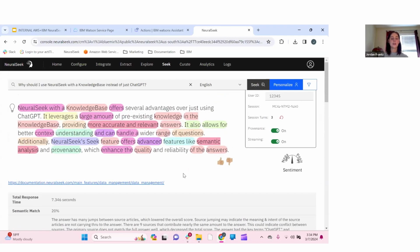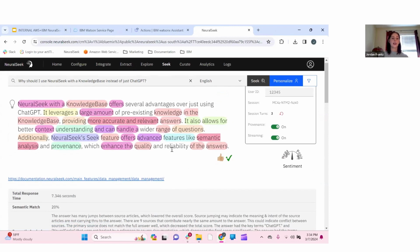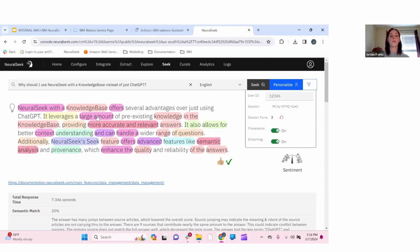So we are able to handle some nuanced questions. There are many features here that we can use to personalize. We can adjust with some feedback thumbs as well. So I really like this answer, and I want to note that feedback in there. There is a bunch of information that our Seek tab offers for you to best know where your answers are being generated from. So you can choose to ask a few more questions. We have some example questions listed in our lab guide, but I am going to move on to module 2.2,